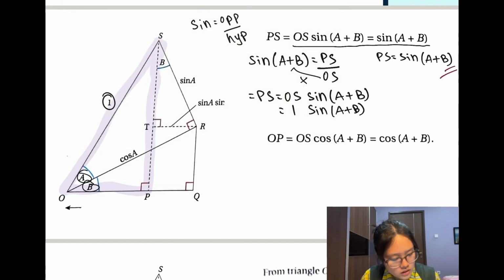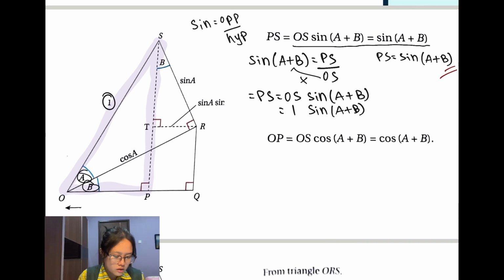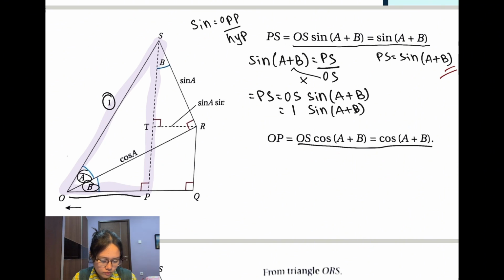And now next, we're going to prove that OP is OS cos(A plus B), which equals cos(A plus B). So we're going to focus on the same triangle as last time, which is the SOP triangle. But in this case, we can see that OP is over here and it acts as the adjacent of the triangle. Because it is asked about the adjacent of the triangle, we need to use cos,